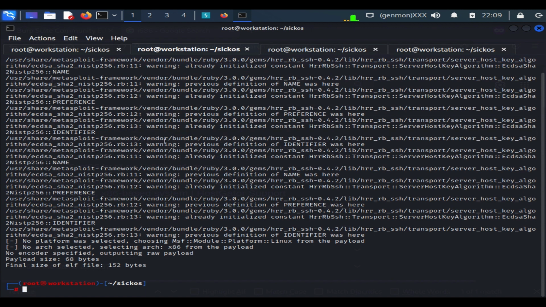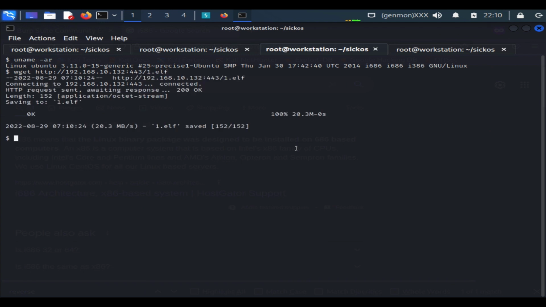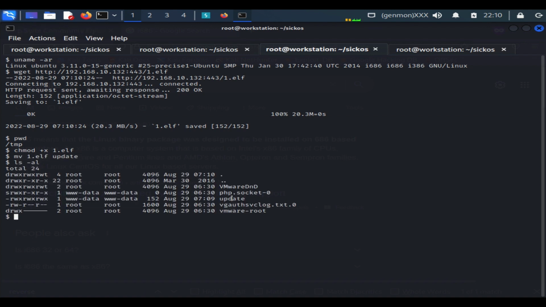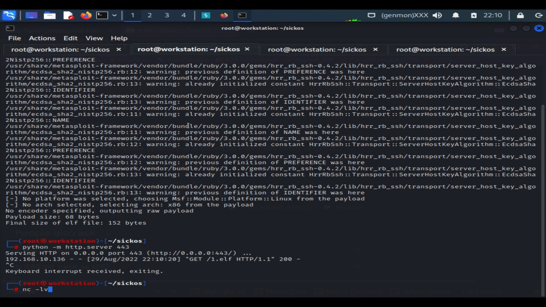So once we have created our 1.elf binary, we need to transfer it over, and we will set the port to 443 because this will allow our target to download the file from our Python web server, because 443 is allowed. So let's quickly download it. Okay, and we are in the temp directory. We need to add the executable permission to 1.elf, and then let's rename 1.elf to update, and we have created the update file, and let's set up our listener on port 443,